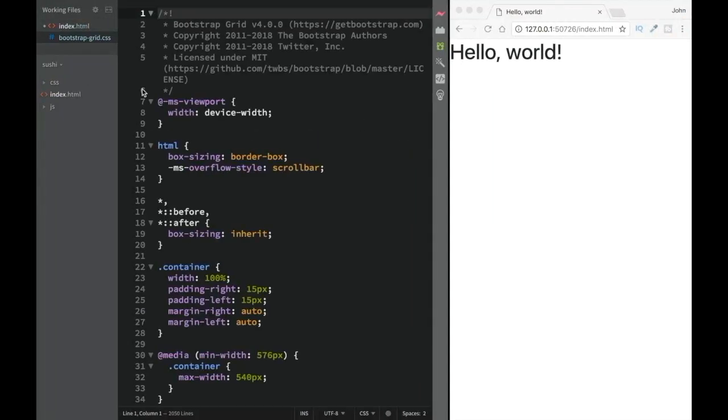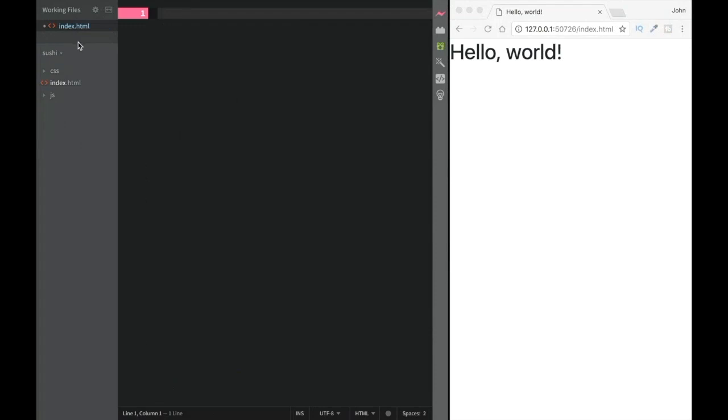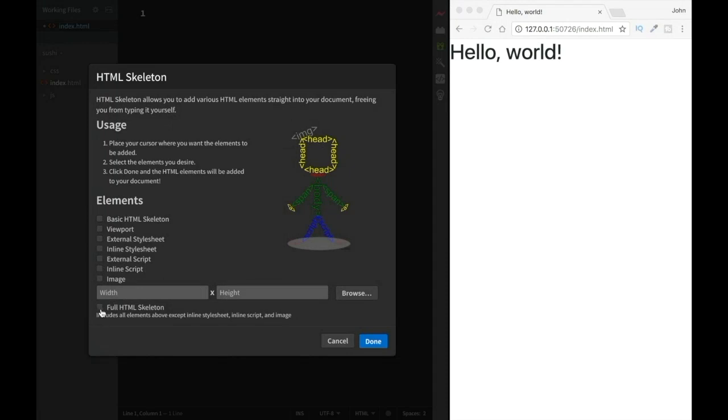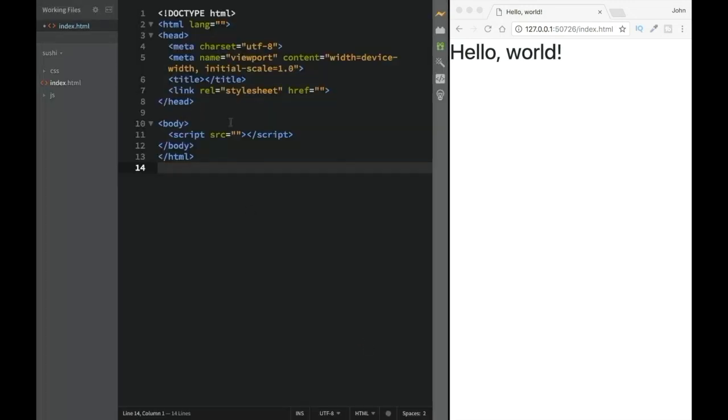now what we would want to do is go back over here to our index.html, to our text editor, and do a basic HTML setup. So I'm going to say that I would want a new full skeleton, and I can guarantee you that you have this kind of option with any text editor that you're working with. So over here we're just going to go with the full skeleton,